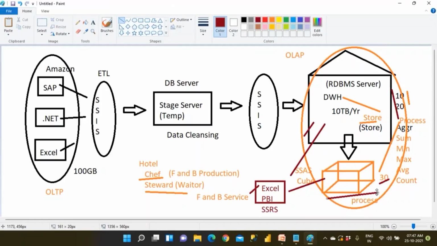Am I clear? I'm talking about 10 and 20, only two numbers. Think about billions of rows being available here. Then think about aggregations. How much time would you need? You would need so much time, you'll go mad. It is better to recruit one more guy who is going to handle the processing. That guy is called SSAS.